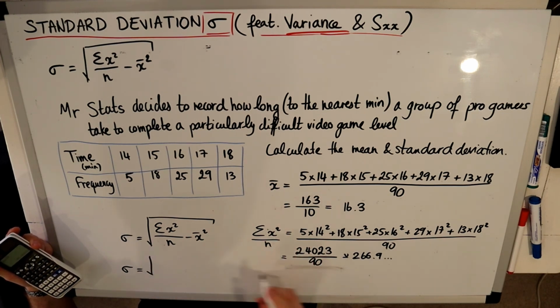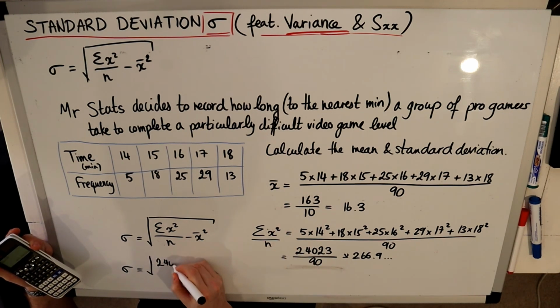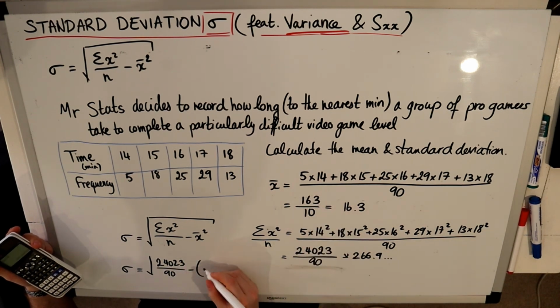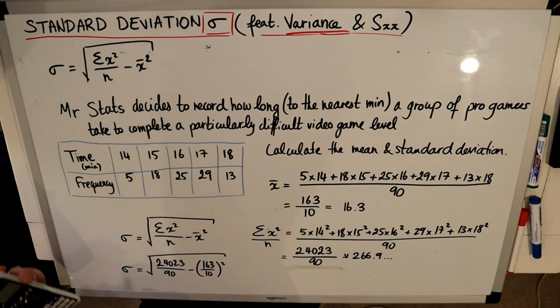That's my 24023 over 90, minus this number, 163 over 10 squared, and that is going to give me